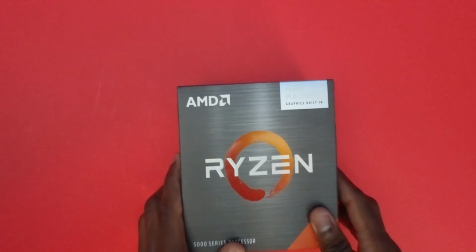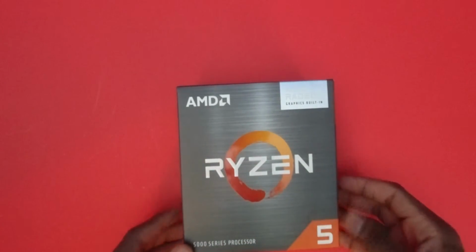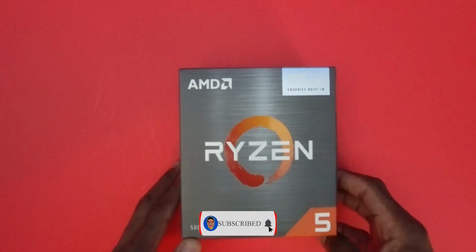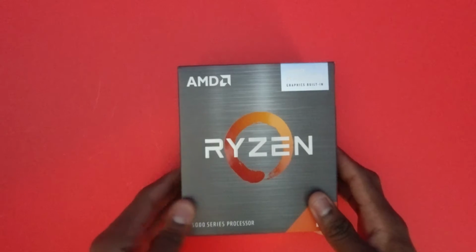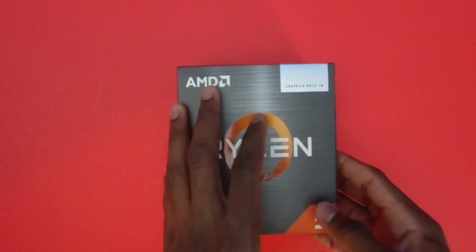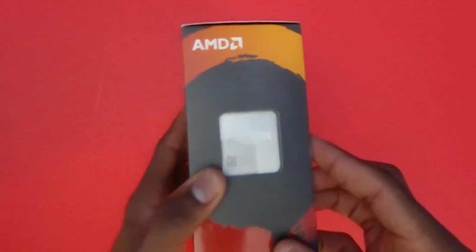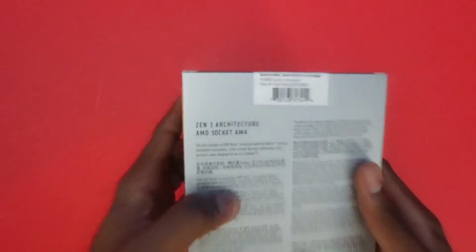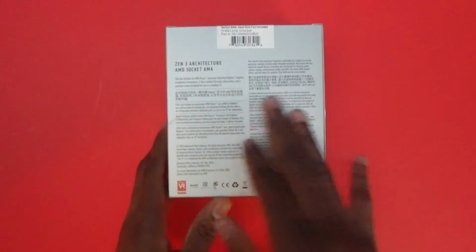I got this for around $258 on Newegg. On the official Ryzen website though, they said you can get it from anywhere from $280 US. So pretty much the processor is right here, as you can see. I'm going to unbox it in a few, and on the back you basically see